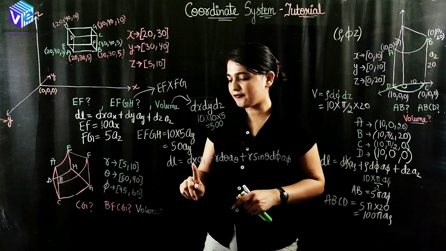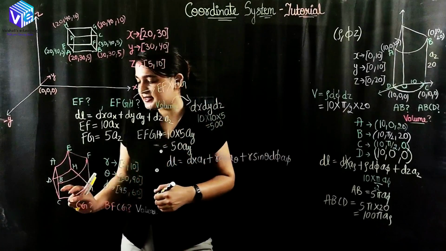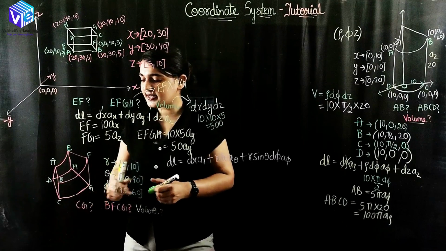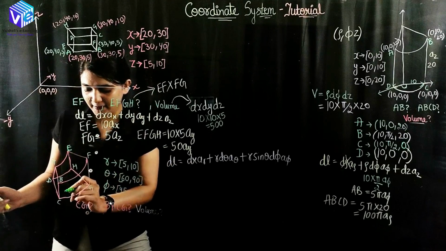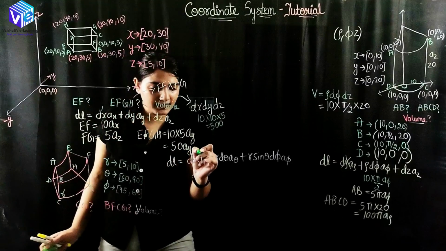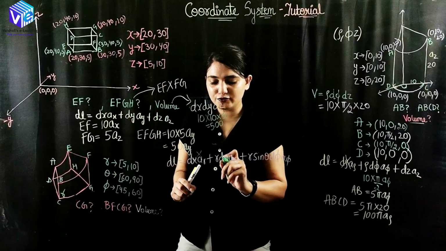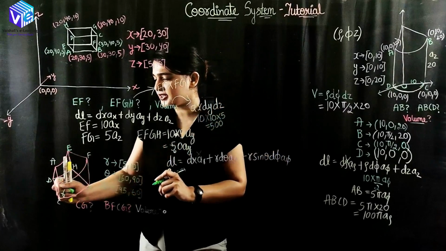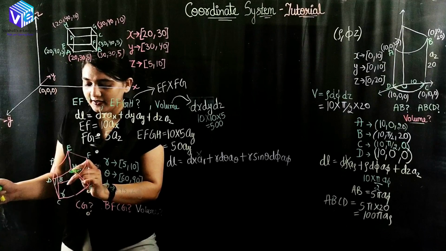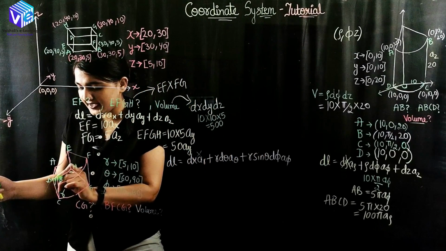So I will be using this formula here. You can see I have to find out change in r. So here I can directly see that there is no change in r. So at the point C and at the point G we have same r. So dr component will not be there. So this term will not be there and I have to move to the second term. So theta is changing. Yes, here the theta is having a different value and here the theta is having a different value. We have to measure the theta from the z axis.